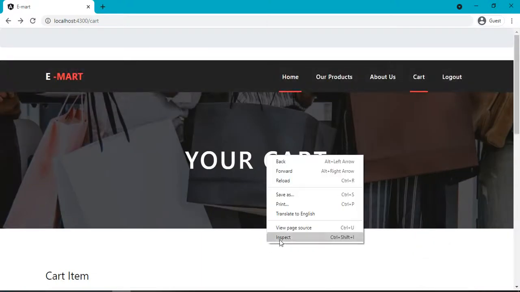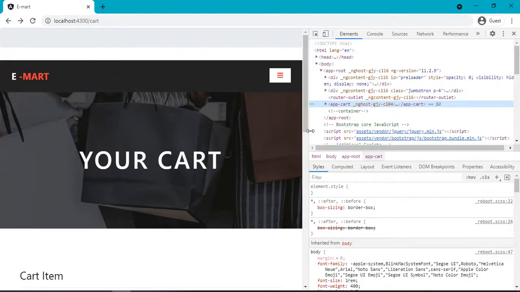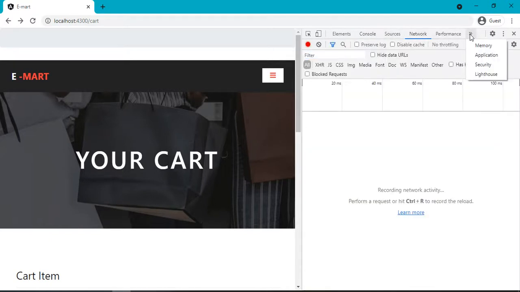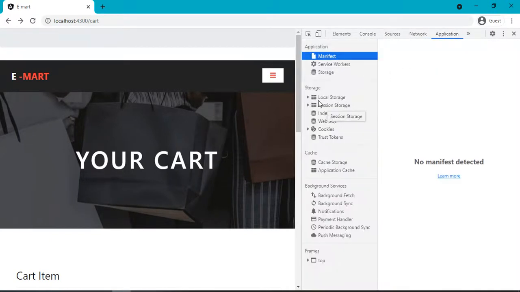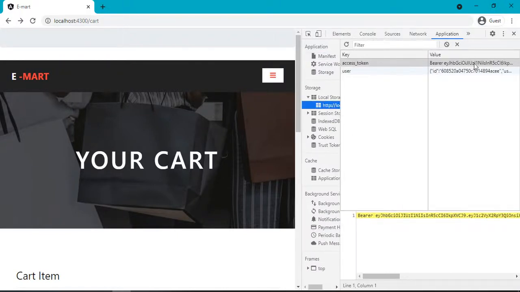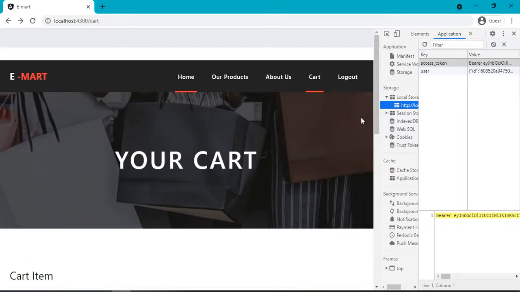Now I will show you how the tokens are stored. The token is stored on the user side. In the console we have logged certain things so that it fetches. Now I will go to the application and I will check the local storage. Then I will see here the access token has been stored along with user details, that is username and the ID in the database. I haven't saved the password for privacy reasons, for confidentiality reasons, and to fetch and to do all the features.